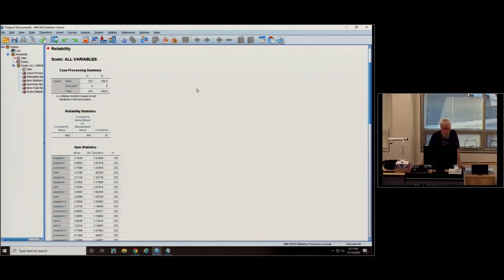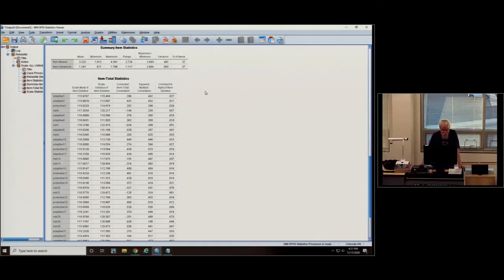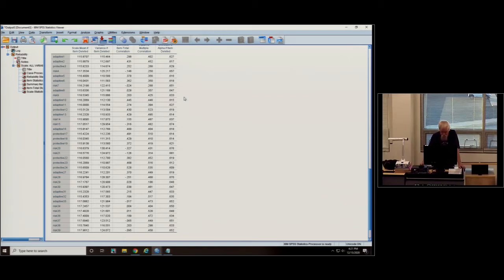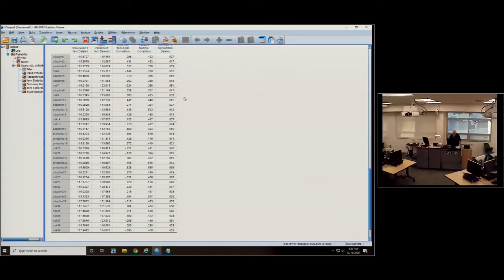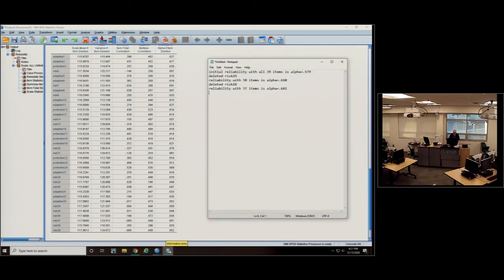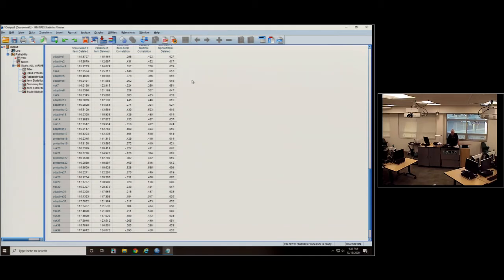All right. Now let's go down to our same table, item total statistics. We want to get to 0.7. What is the highest number? Here's 0.670, here's 0.676. Looks like 0.676 is the best one, okay? Oddly enough, it's another risk item. Risk 20. Okay? Deleted risk 20. All right, now we're going to close out our output again